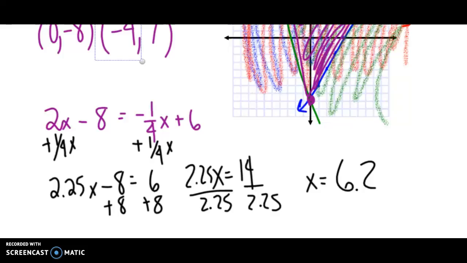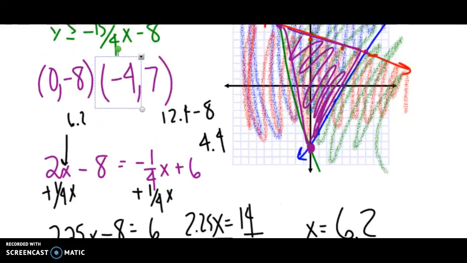Okay? Once we know what x is, we can plug it back in, either one for y. So let's put it back into this one right here. So 2 times 6.2 is going to be 12.4 minus 8. And so then that ends up being 4.4. So the last vertex is going to be 6.2